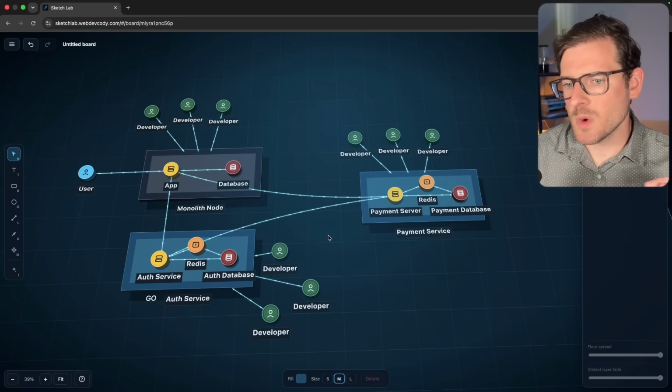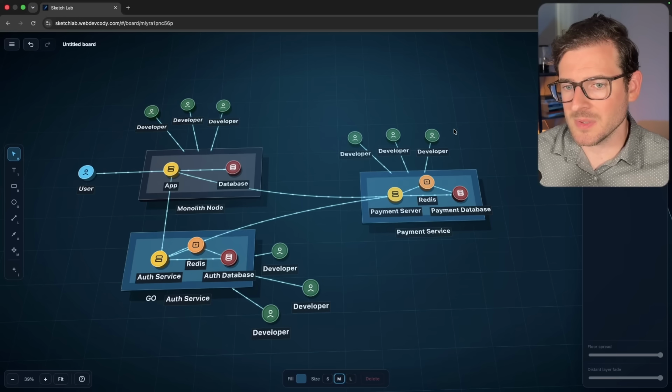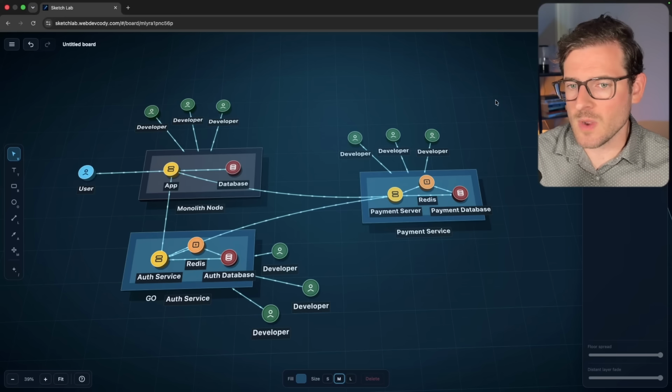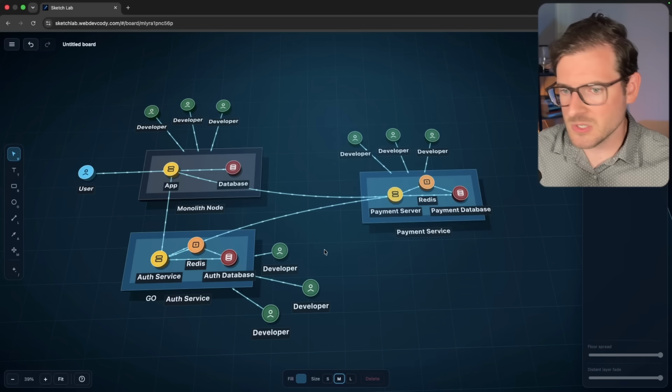Now, I think there's one more thing I want to hit on. As you are scaling out these different services, some of these services do not need to be publicly accessible. But if you do that, they don't have a domain. How do you actually have this service know to contact this payment service? There's DNS you can use. If you're using Kubernetes, there's a built-in way to do this.